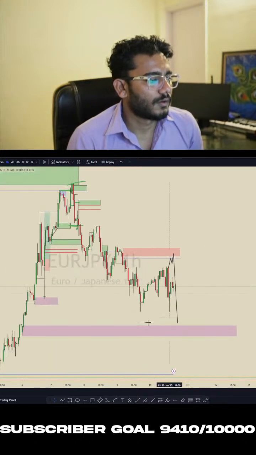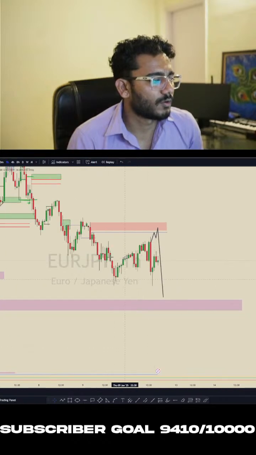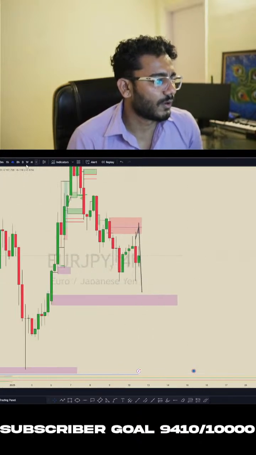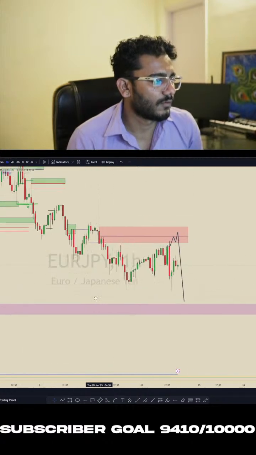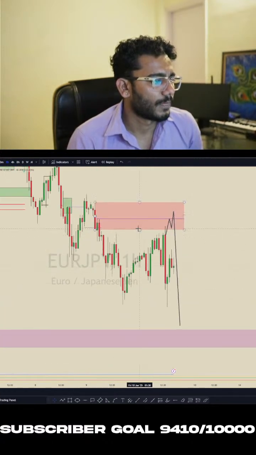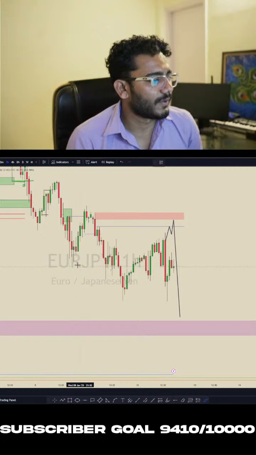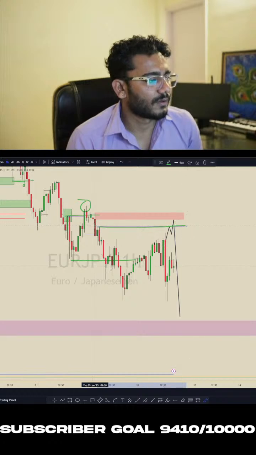GJ, EJ. On EJ, I'm looking for sell side because on 4 hour we can see there is an order block, which is this one. Okay, and it's mitigated on 4 hour, but not on the 1 hour. And we can see there is inducement happening over here on the 50-minute time frame. So price is going to the downside. Price induced this high, created this new higher high, and there is a lot of liquidity sitting above this high.